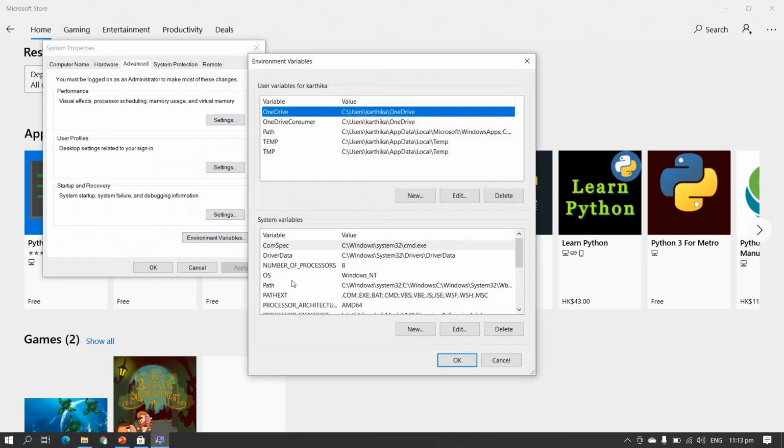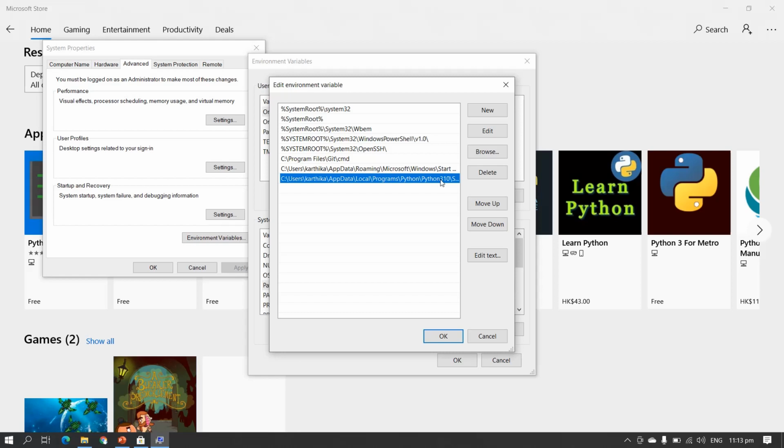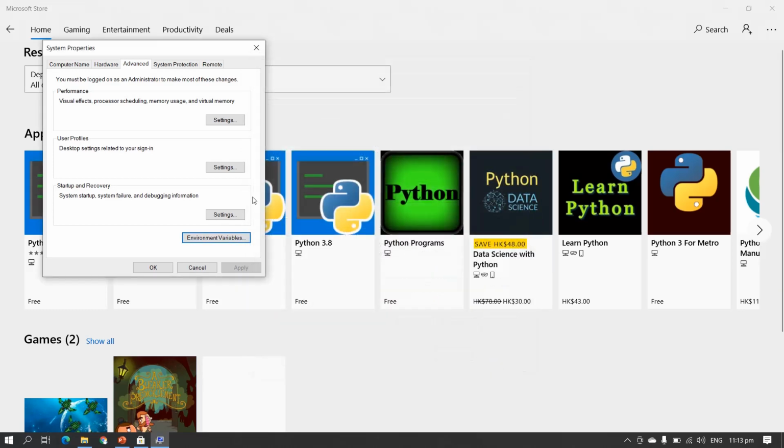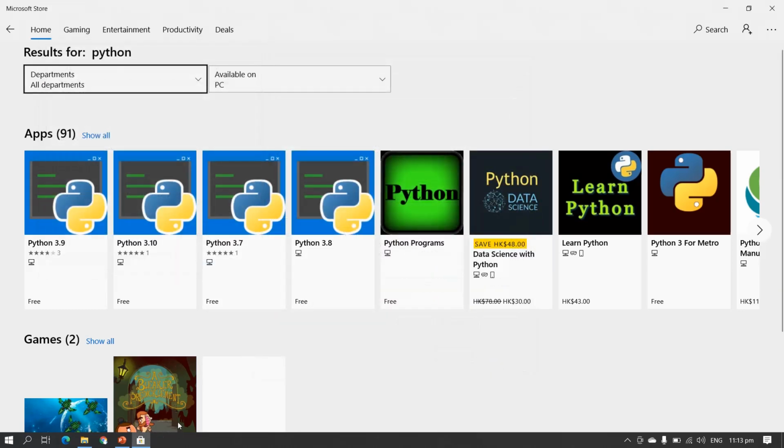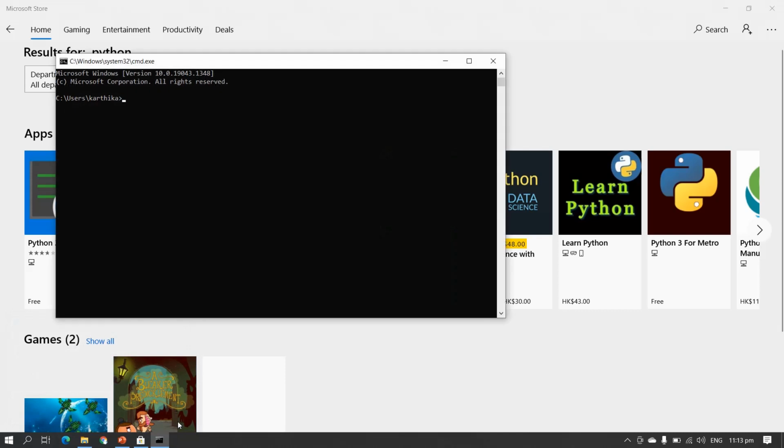Here I installed Python, and the Python path and script path you have to mention. Once installed on your machine, you go to the shell prompt and check whether it is installed or not in two ways: python -v or python --version.